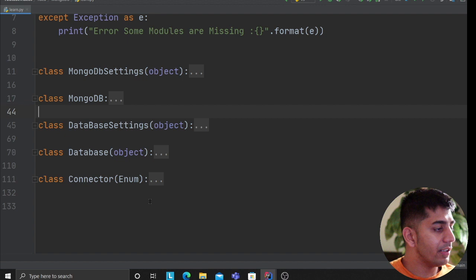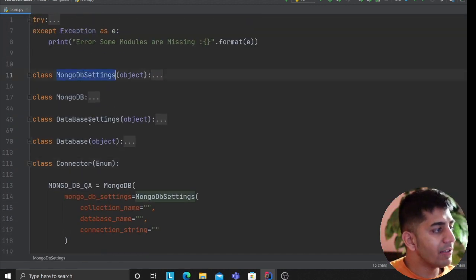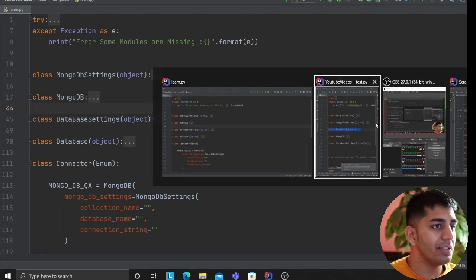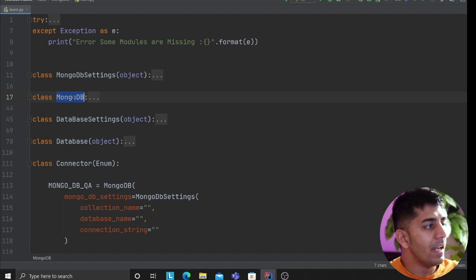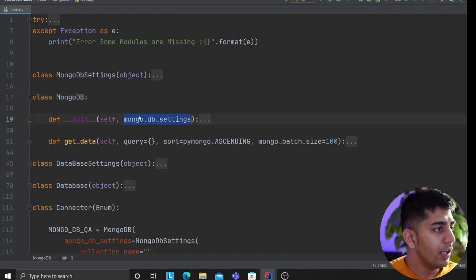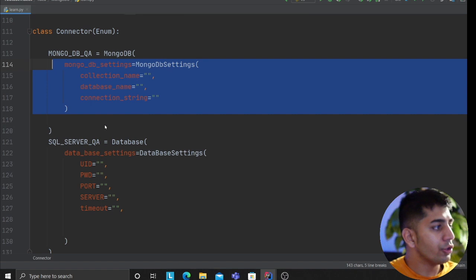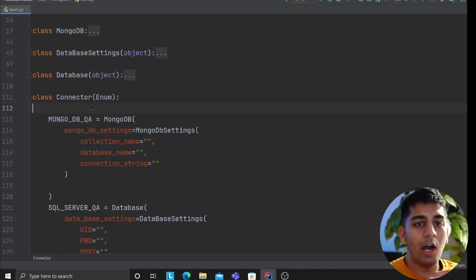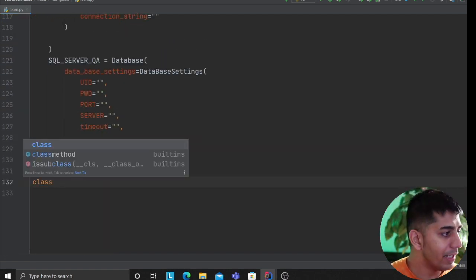Now as I said, just be with me. So what I did is essentially I have a settings class for each database that I'm interacting with, MongoDB, SQL Server, AWS, whatever it is, right? Then I have the actual class which injects essentially the instance of a settings, right, which you can see here. Now what I did is I'm encapsulating everything in an enum. So now see how beautifully you can use this, okay? Say now you're writing a script to move data from MongoDB to SQL Server. Man, easy like that.